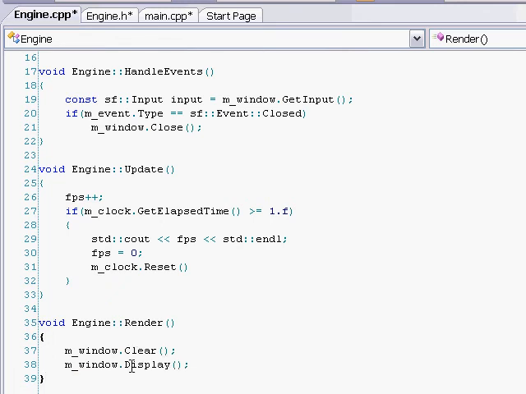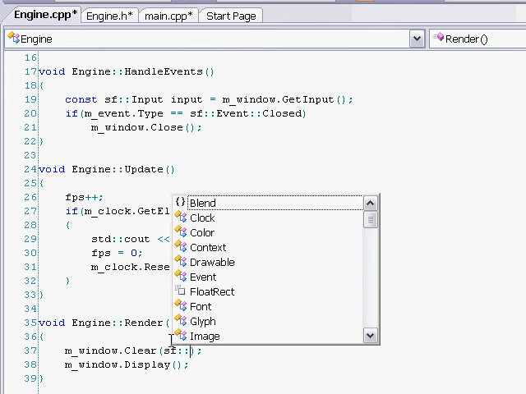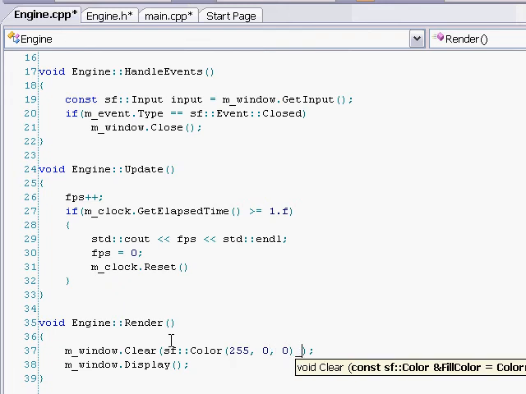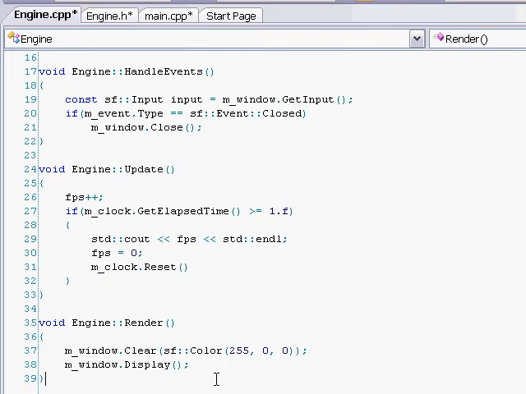See, you can clear it, and I kind of don't like black, so I'm gonna clear it to SF color. I'm gonna clear it to red, just because red is awesome. Okay. I guess if you wanted to, you could draw something in there. That's where you draw stuff, and then